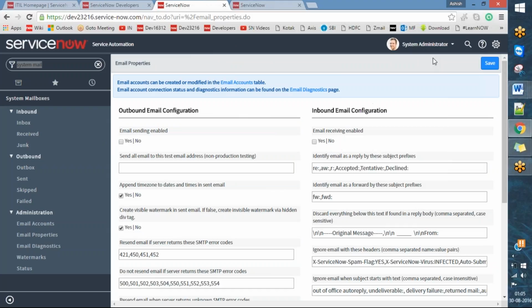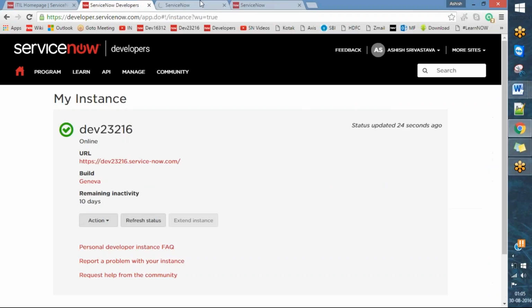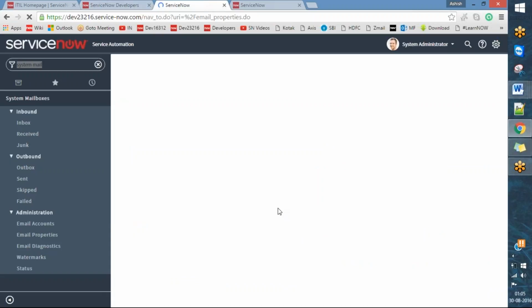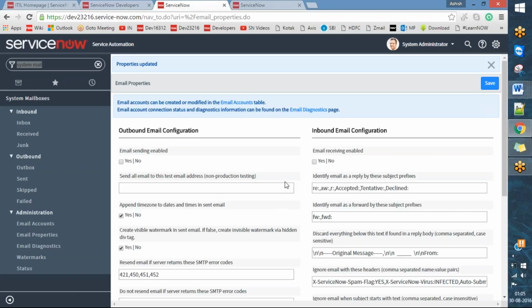then I'm going to save it. So what is happening here? Your outbound email and inbound email is deactivated right now. Remember last time I told you while I was sending the reports that for now I will have to make the email property active. Before sending the email, we need to put it back here and we need to send email, right? Yes. So that time I had made that active,